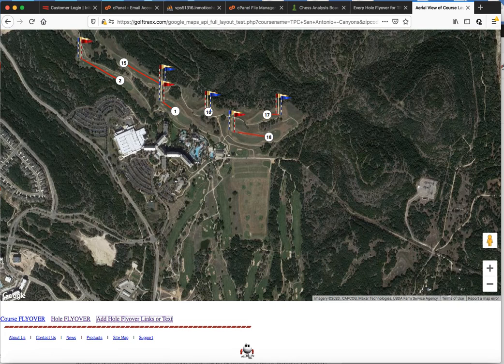I gotta check sometimes. But the thing is, let's say an editor, the course has been mapped, we've got the scorecard, they want to add flyover links. If they don't have a current session, what GolfTraxx does is it says, okay, we need to see that you're a user that we have a profile for, and that we have an IP that's already been validated, or we need you to update it for us. So, if the IP has already been placed in the database,